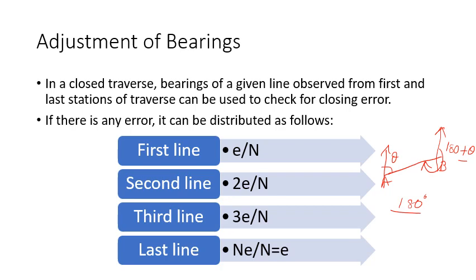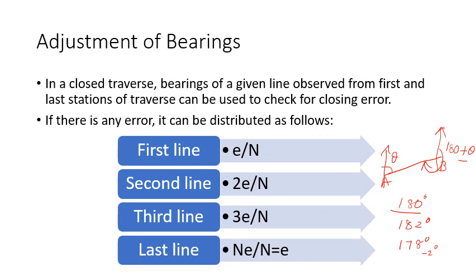You find that in your traverse, for any line, the difference between forebearing and back bearing is not coming to 180 degrees. Instead, it comes to say 182 degrees. Then that means there is an error of 2 degrees. You have to reduce that particular error. You have to correct that. Sometimes it might be 178 degrees instead of 180. That means there is a shortage of 2 degrees, so there is a minus 2 degree error. That has to be corrected. You have to adjust the bearings by adding a correction. So how to find out that correction?